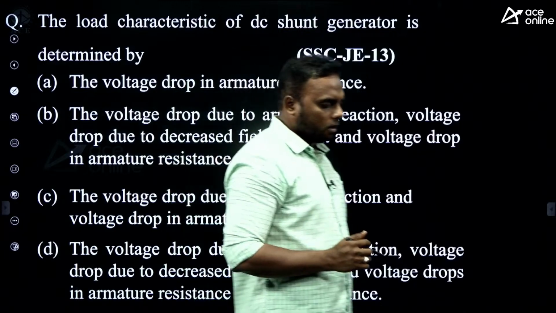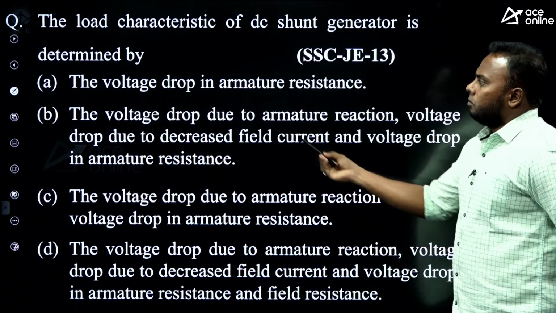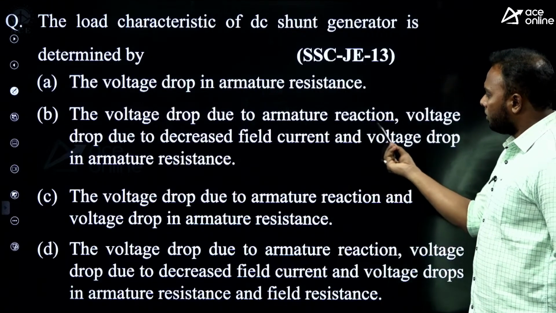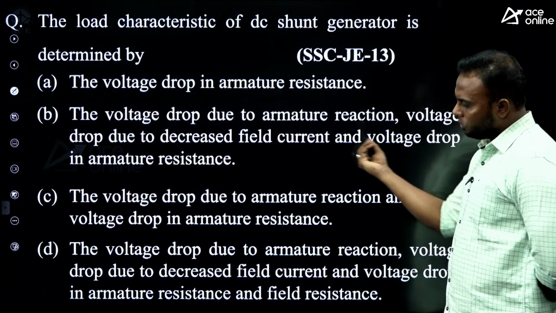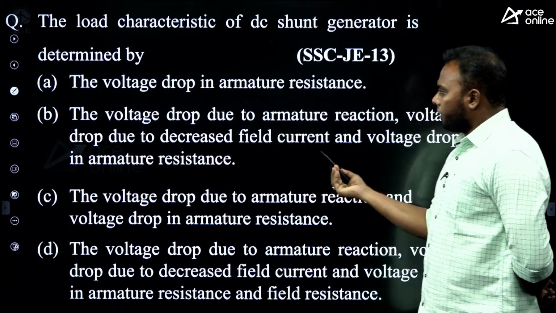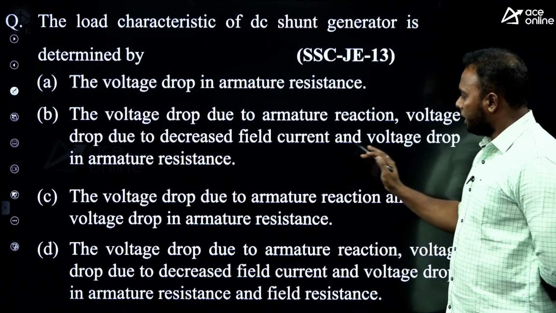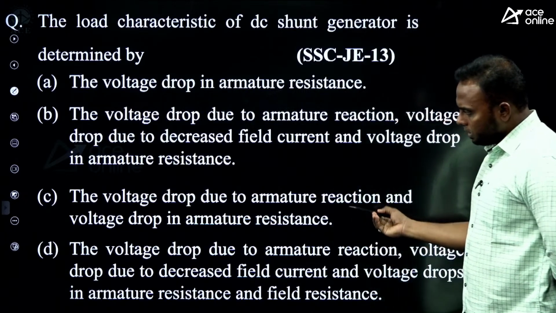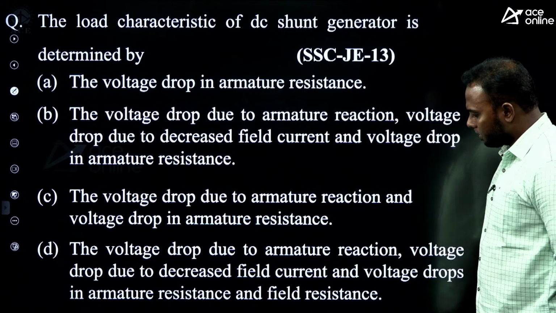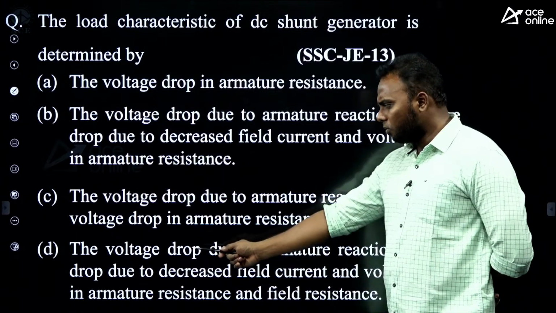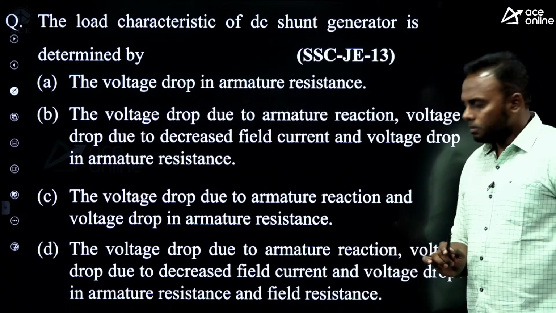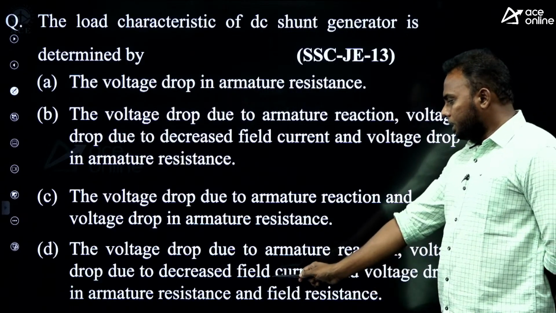Now if you see the options here, voltage drop in armature resistance only is given, so this is not correct. Voltage drop due to armature reaction and voltage drop due to decreased field current. Field current will decrease, and voltage drop due to armature resistance. And if you see one more, the fourth option, what is there? Voltage drop due to armature reaction, voltage drop due to decrease in field current, and voltage drop due to resistance and